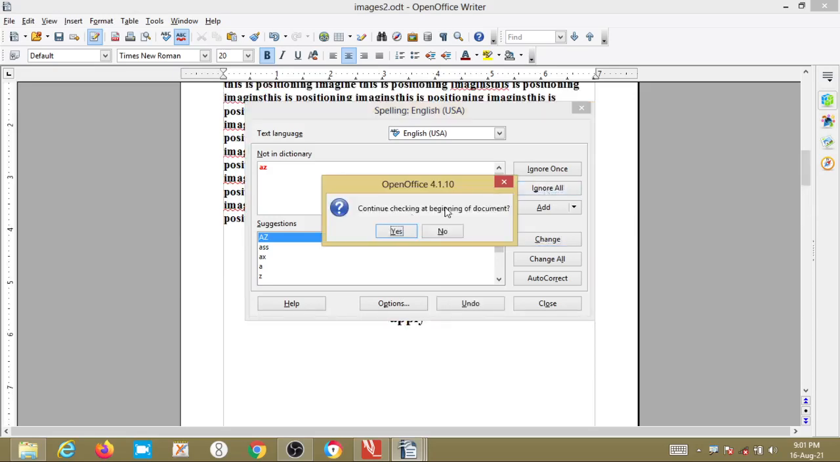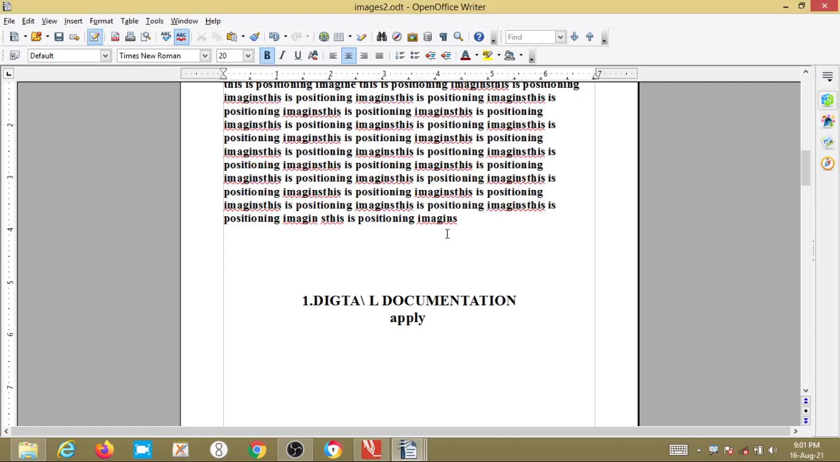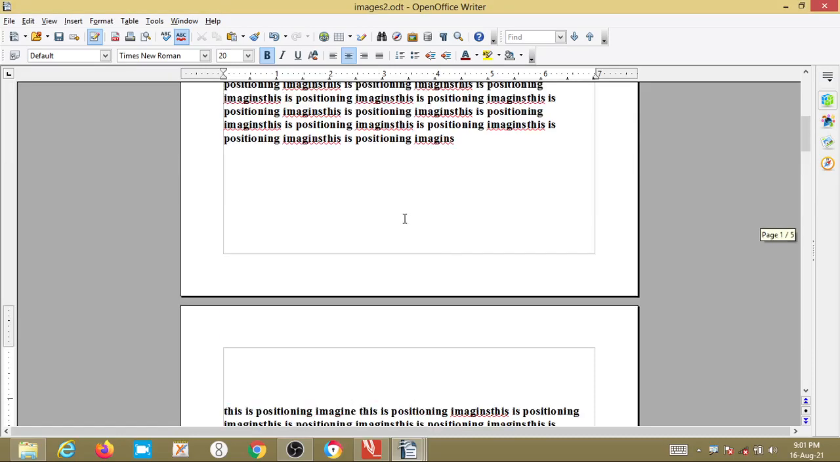Okay. Now it will show a dialog box saying "Continue checking at the beginning of the document?" You can give No because it has been finished, then it will be closed. Okay. This is how to do spell check, or you can just press